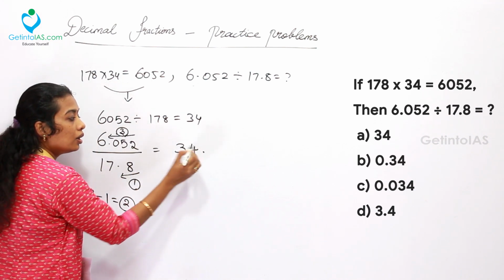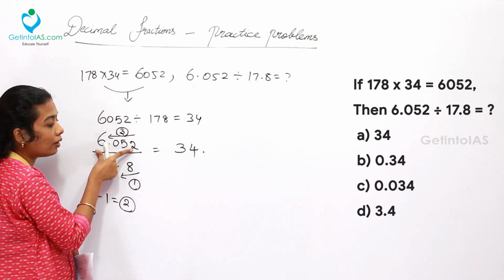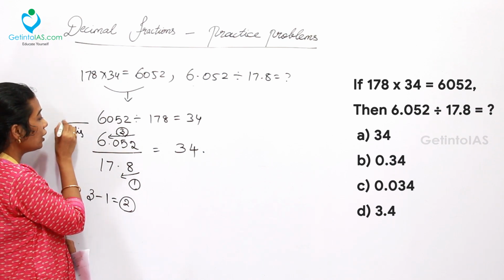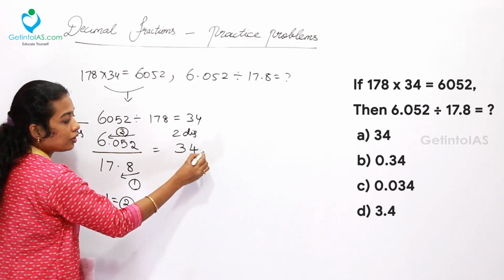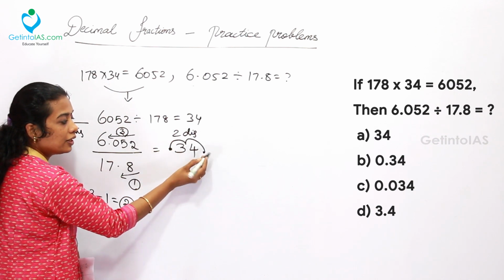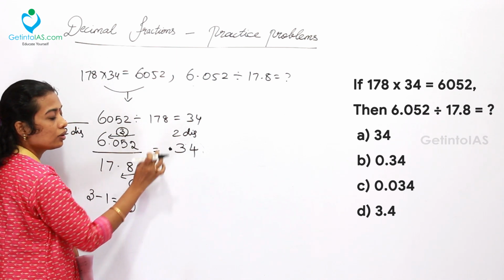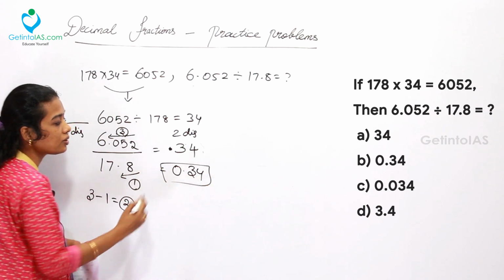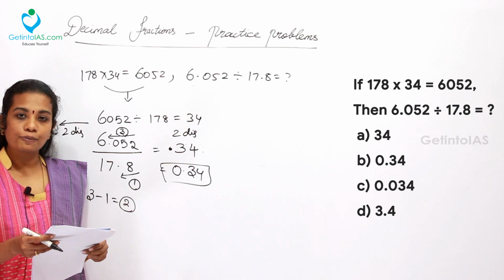So directly the change will be reflected in the result out of the numerator. So 2 digits to the left means here also 2 digits to the left. That's all. So from this point, the decimal point is to be taken and placed before 3 and 4. Finally the result is 0.34. Why? Because here there is no whole number. So I have taken 0.34. Simply, the answer for this question is option B.